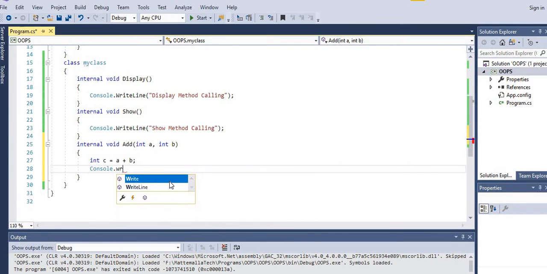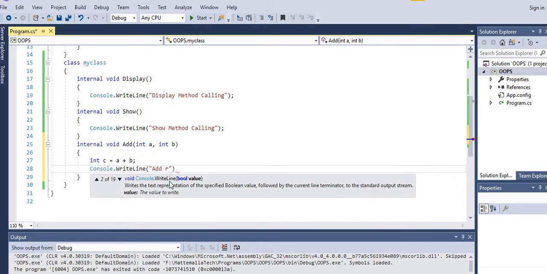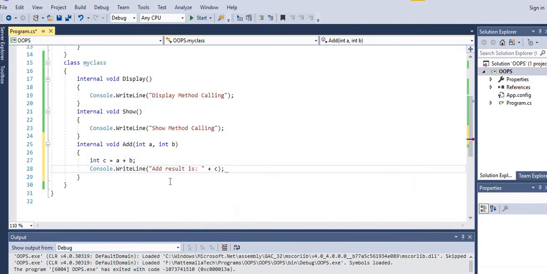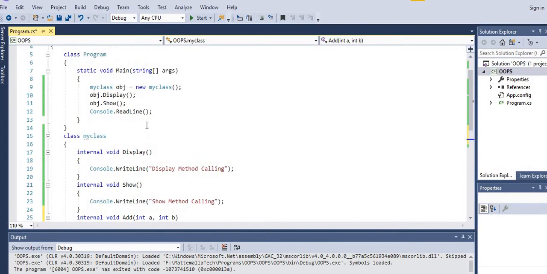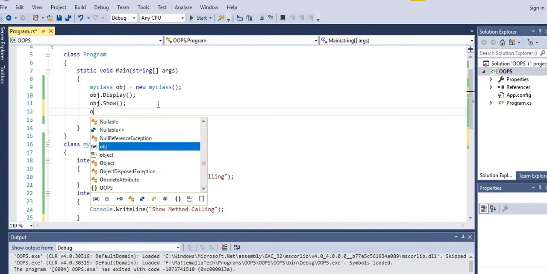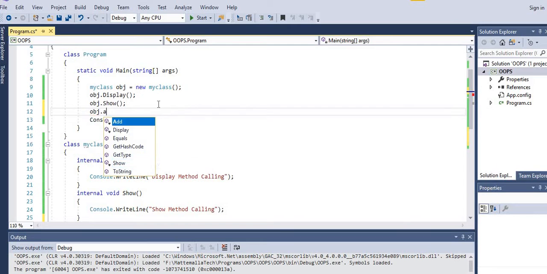Then Console.WriteLine "add result is". Now I will call this add method using obj. Here you can see the add. After that, if I open it, you are seeing the arguments, the parameters, int a, int b.